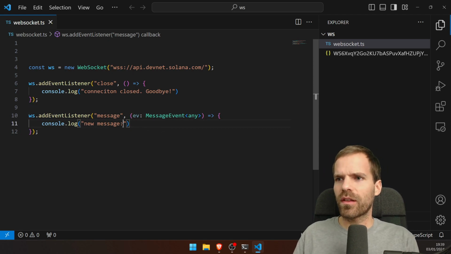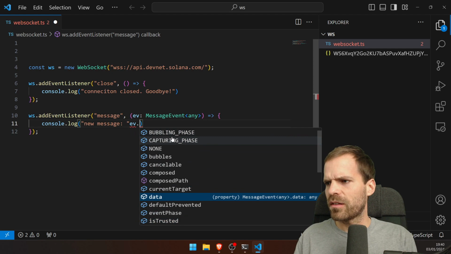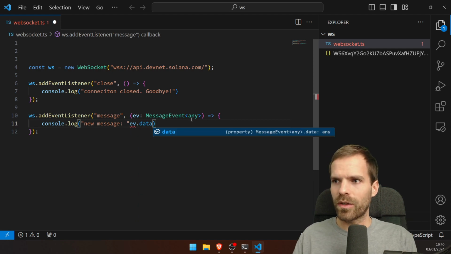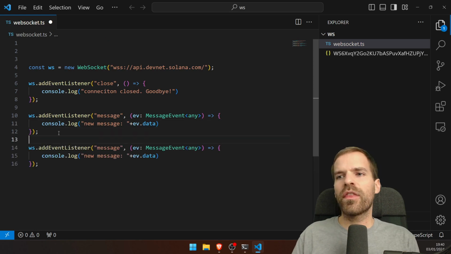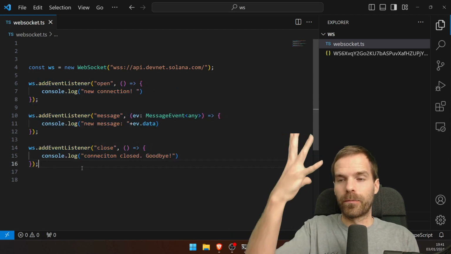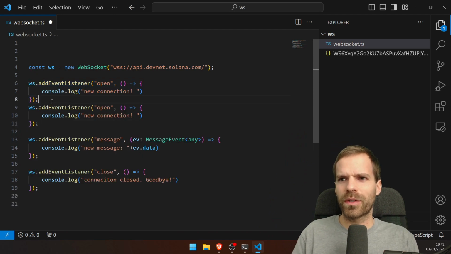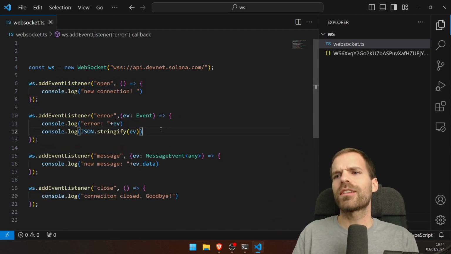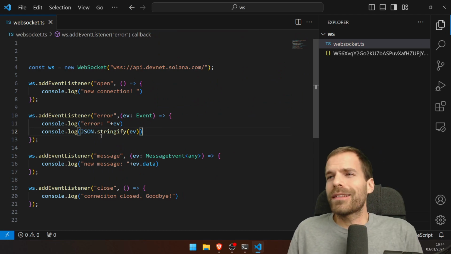And what is in my EV? My electric vehicle, I mean event. We have data. But again, that can be any, because any. I'll just put it here and we'll see what comes. And then the last event is open. Maybe put that on top because this makes more sense to my brain, although it's the same. And then also I would like to have the on error because you never know, just in case I ever need to look at errors, which I hope I won't. So let's open a